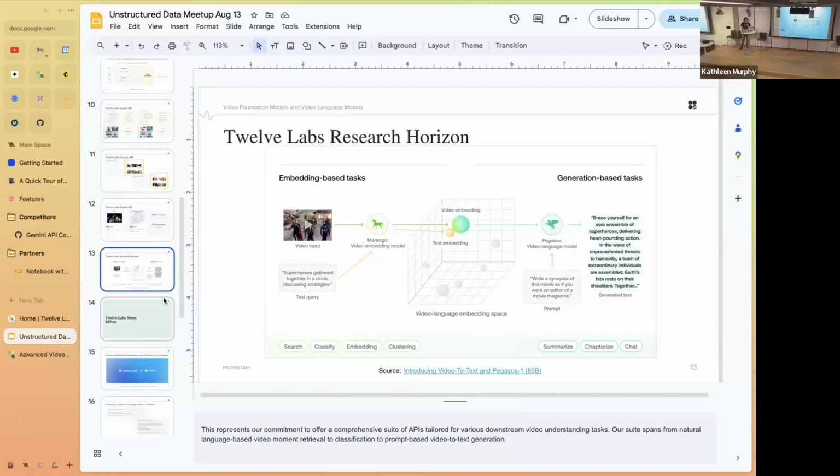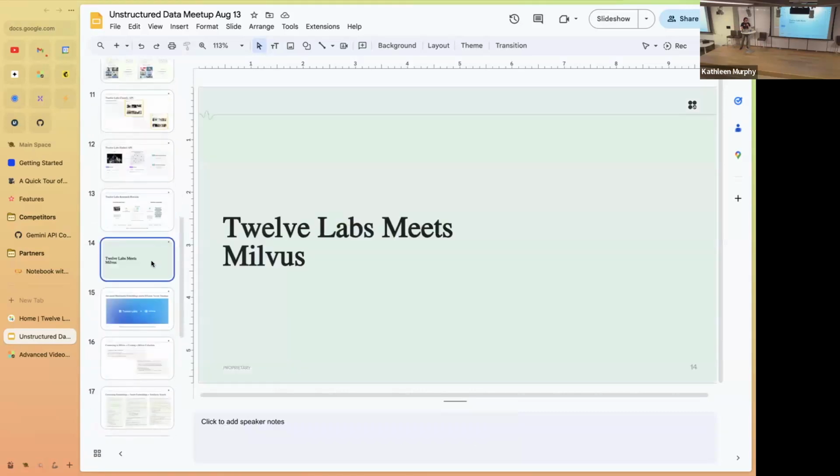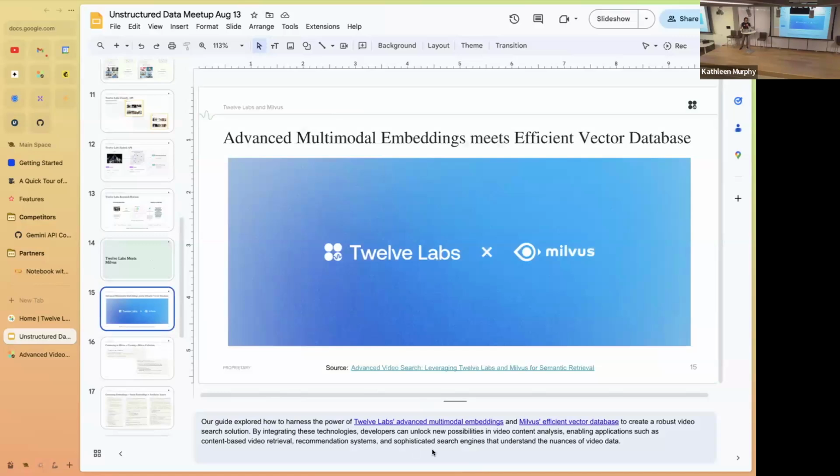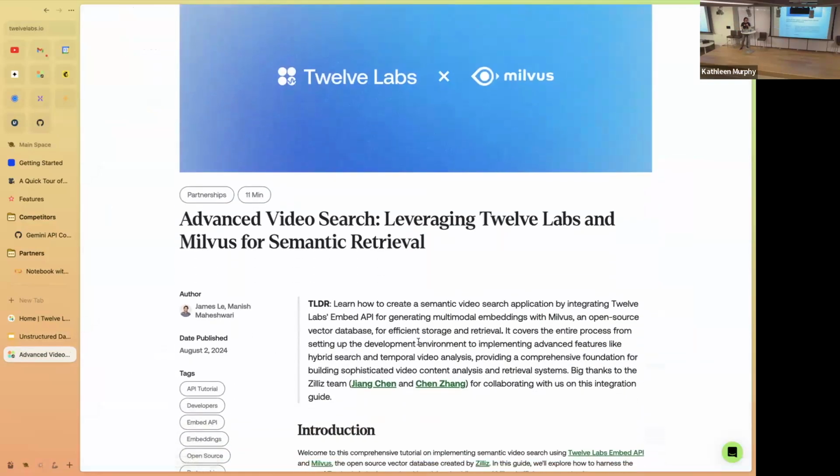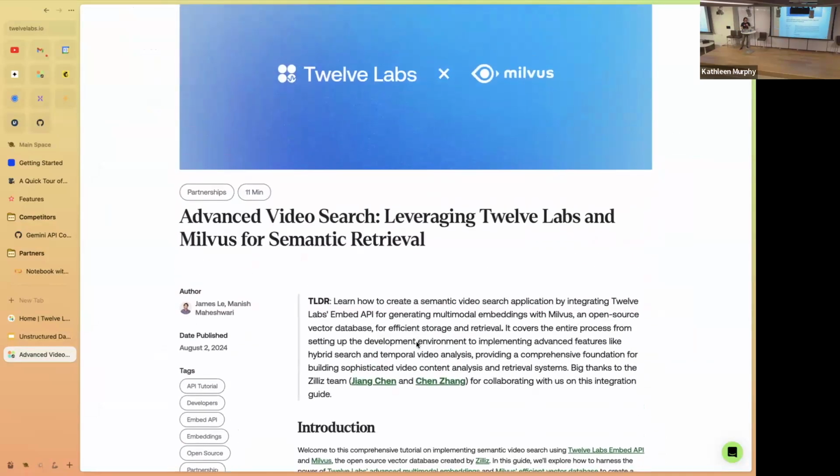The reason I was invited to this talk is to talk about our recent collaboration with Milvus. We released a blog post about 2 weeks ago. We've been working with the team at Zilliz, namely Zhang and Xiaozhen, software engineer and head of ecosystem partnership, to demonstrate an example of what TwelveLabs Embed API and Milvus can look like. If you're interested, you can take a look at this blog post that goes into the high-level details.